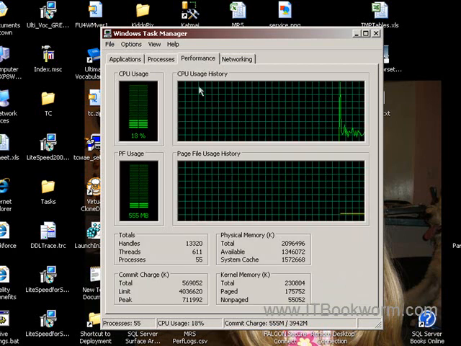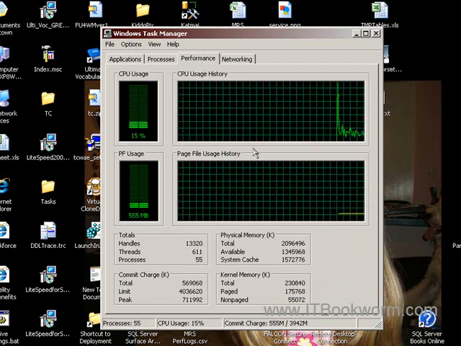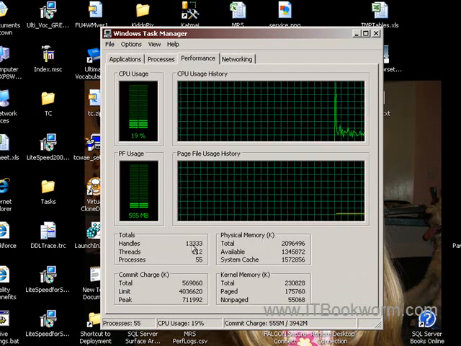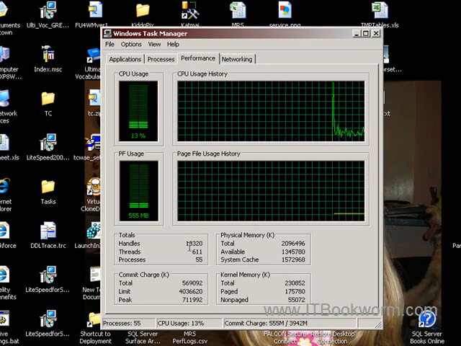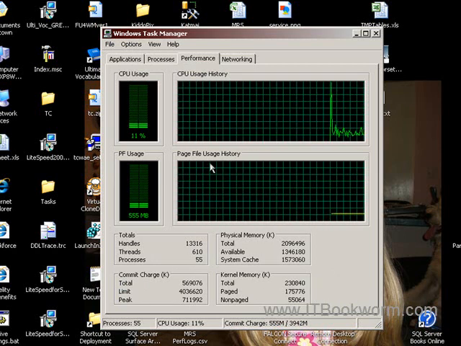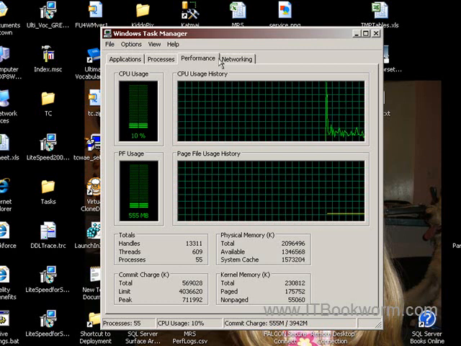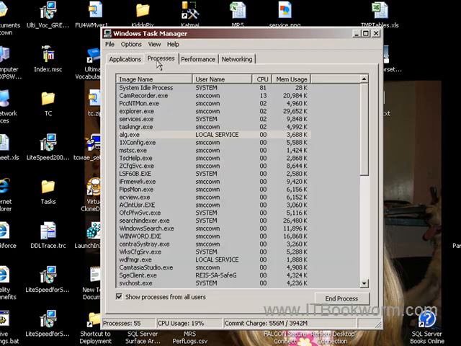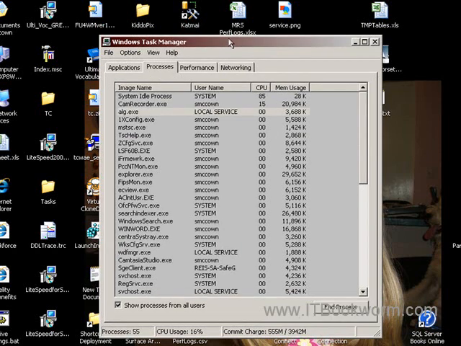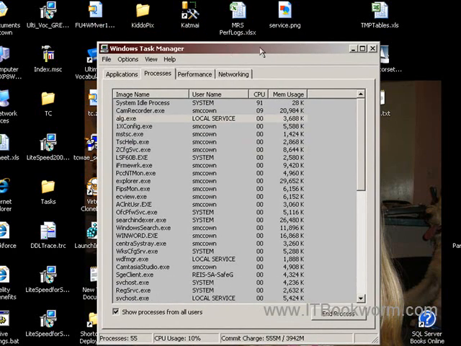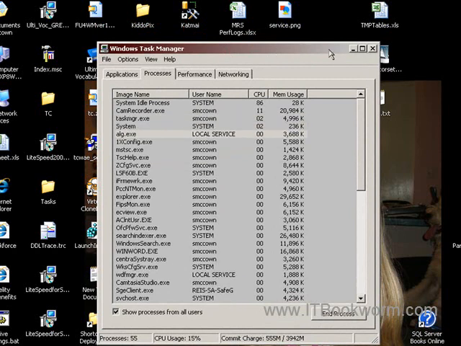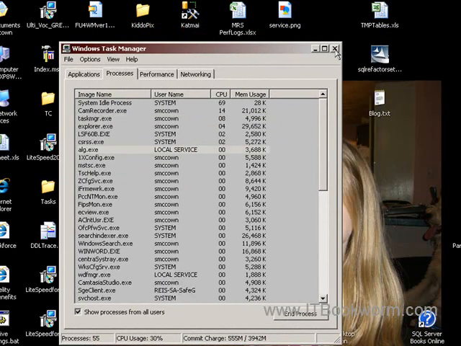And you've got a performance tab that you can see overall usage, and all these guys down here are misleading at best. So again, that's another class altogether. And then you can see some basic networking stats. And that stuff is actually pretty cool, but there's another way to do this that I like